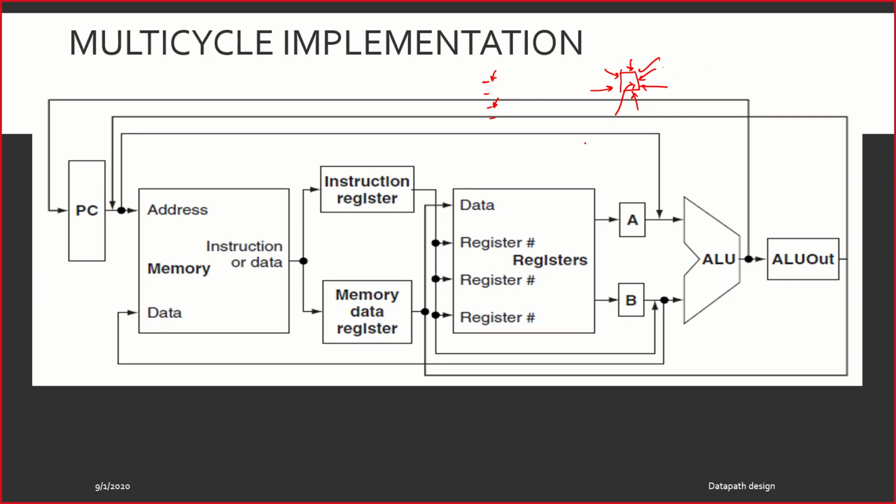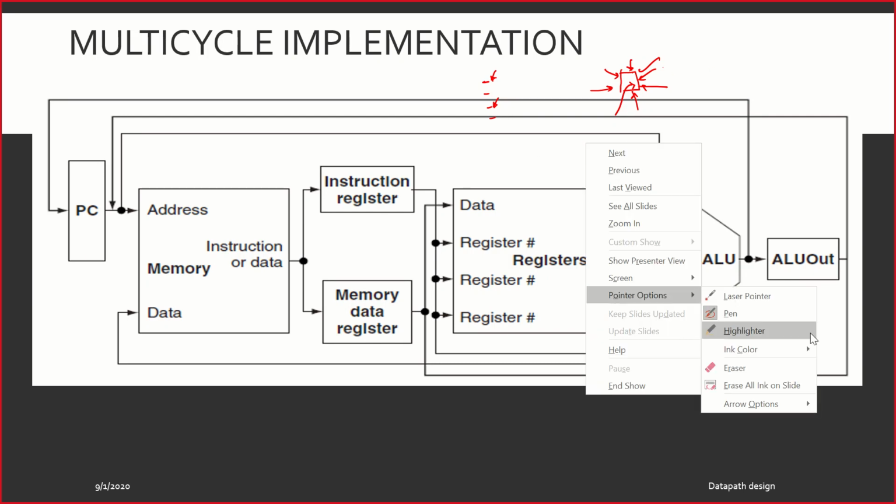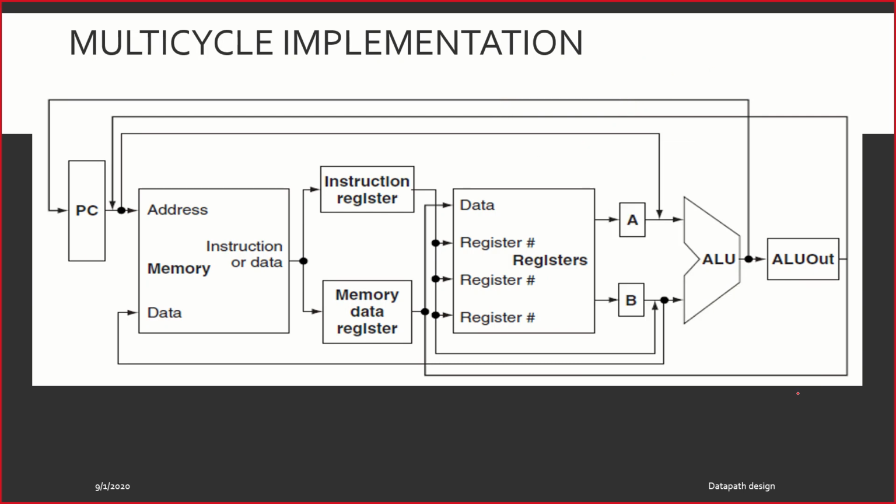Now if you see, this is the multi-cycle implementation that we have. Whatever we have had till now in terms of data path, in terms of learning, is all shrunk. You can see that here I have got only one memory. Last time we had the instruction memory and data memory separately. Do you understand? And registers, we have got registers here, but we have got some additional inclusions here, A and B, and we have got only one ALU. How many ALUs we had last time? We had so many ALUs.